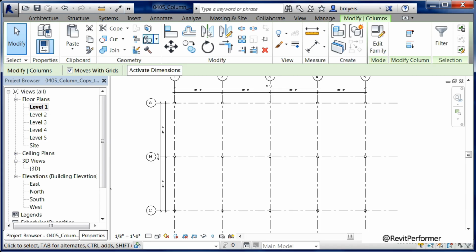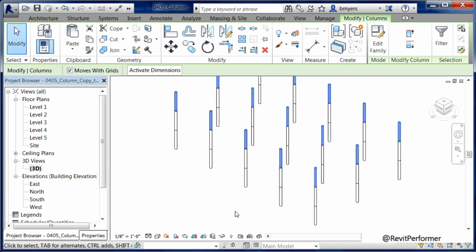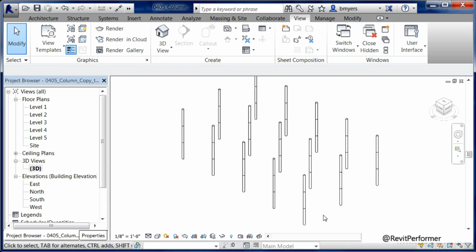If we look at this in a 3D view though, which you'll remember, you can either come up to your 3D house and select on that, or under the project browser under 3D views, double click on 3D. You'll now be able to see those columns have been copied up from floor to floor. Now this trick doesn't just work with columns. This also works with walls and with floors and anything you might want to be able to duplicate from one floor to the next floor.